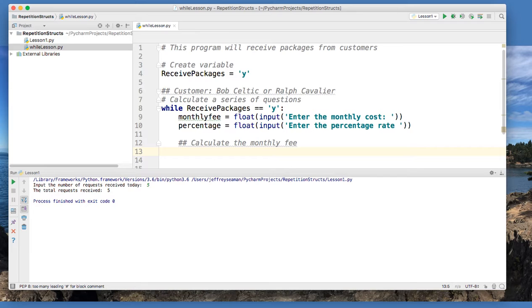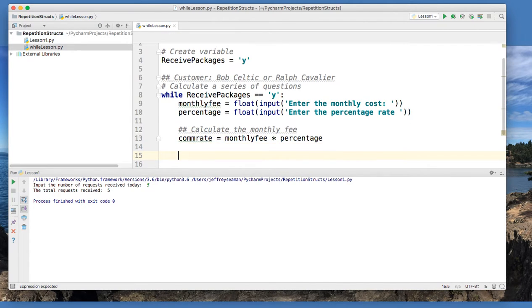So what we'll do here is we'll say the commission rate. We'll say commission rate equals the monthly fee, and we'll multiply it by the percentage, whatever that is. And then we will display